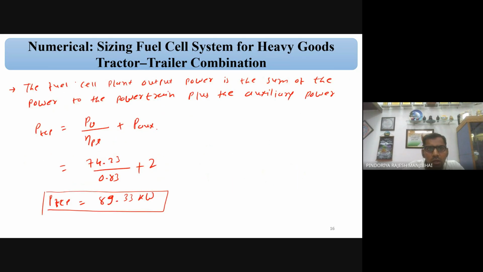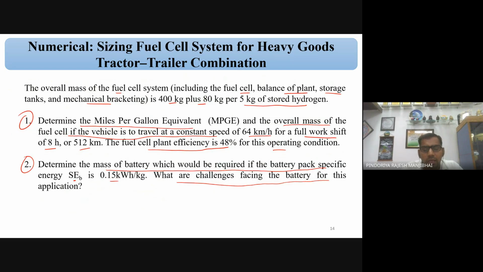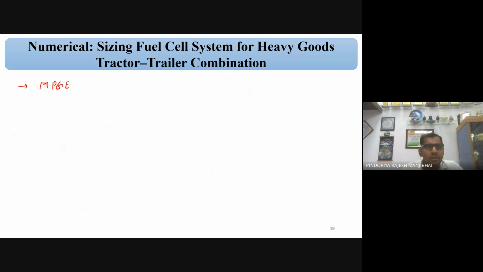MPGE, that is your miles per gallon equivalent. MPGE is nothing but, so this is the new formula for you. Please remember this one. I will send you the derivation. I will try to find out the derivation, but the formula is MPGE is S divided by